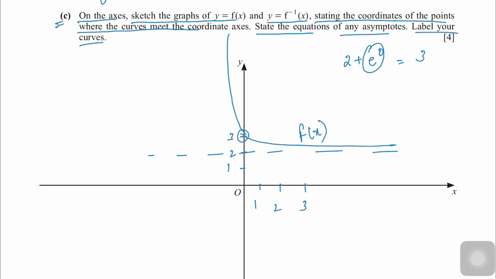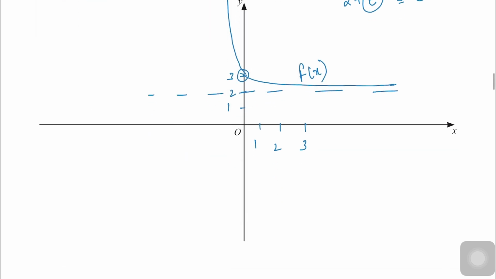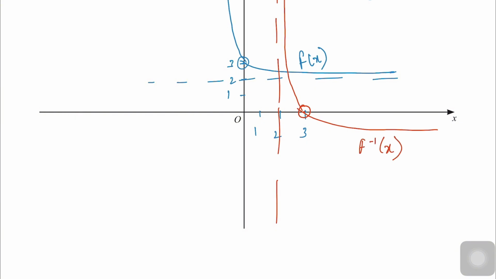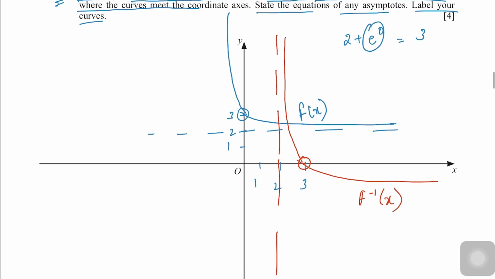Now let's draw f inverse of x with a different pen. So this would be completely opposite of this. Since it's meeting at 3 here, this would be here, and then this will be our asymptote over here. So this would look something like this. So this is our f inverse of x. So this is our final graph. Now moving on,